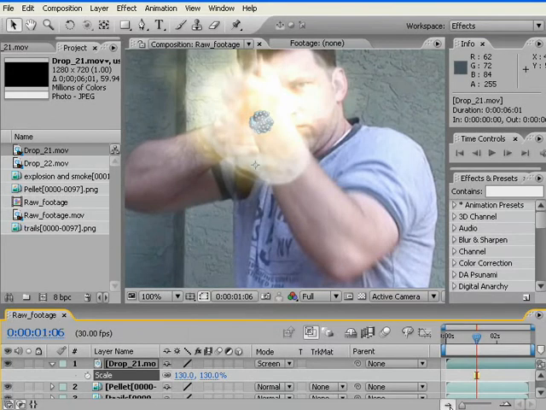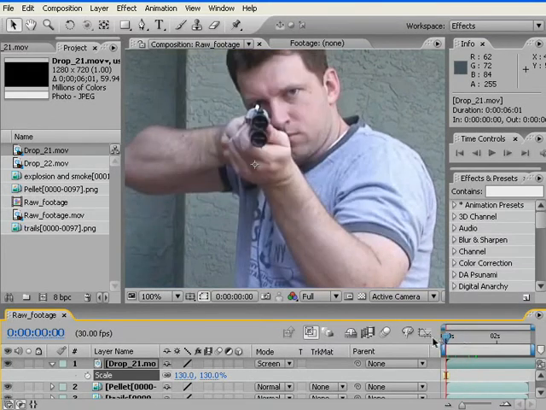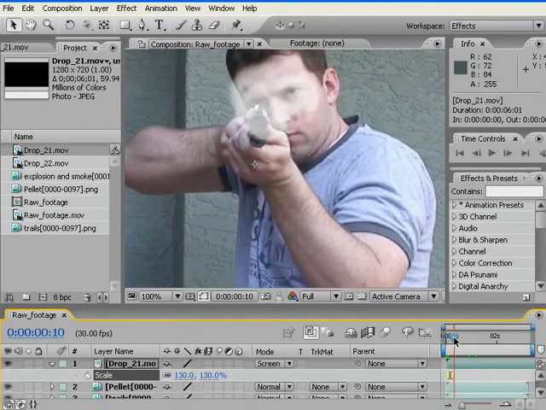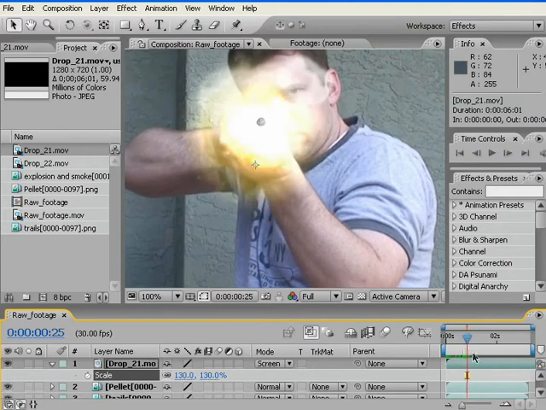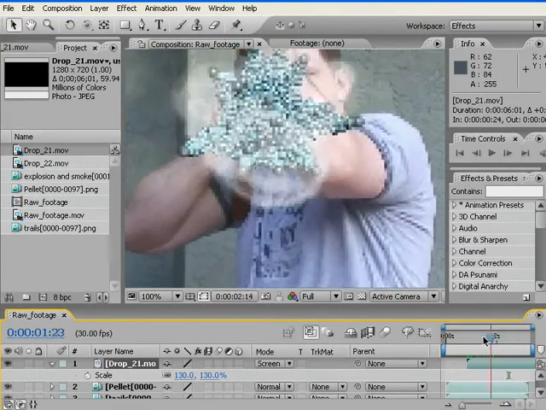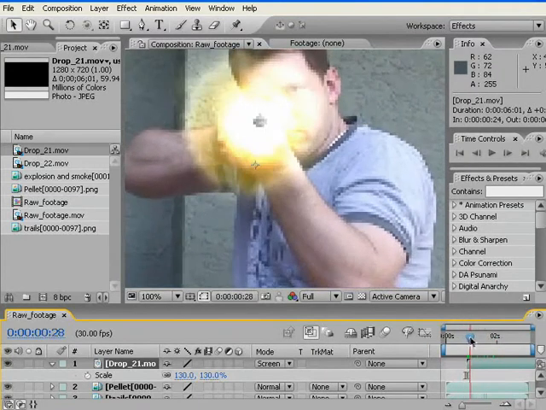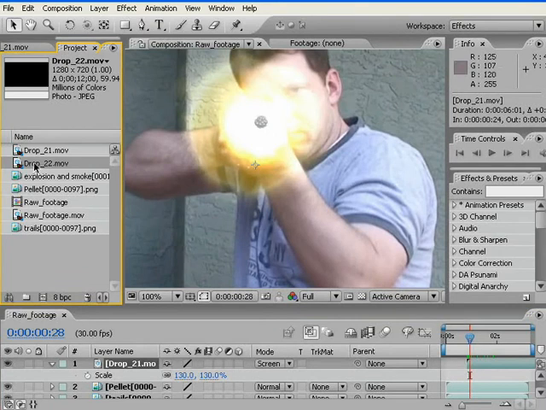and drop the other one on top. You can see it's billowing out a little early. So I'm going to go to frame about 25, I guess, because it starts fairly big, and that way it will billow out after the explosion. Now go drop 22